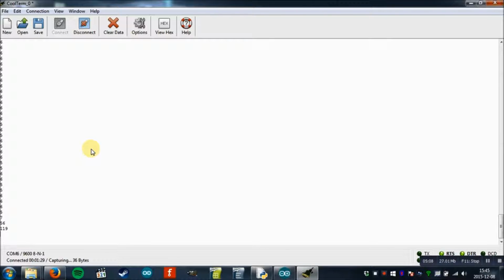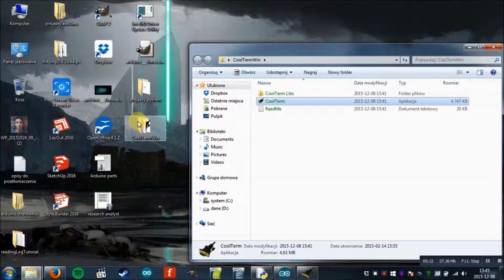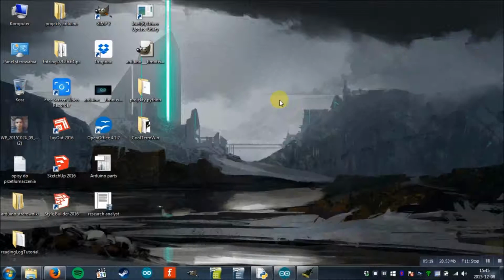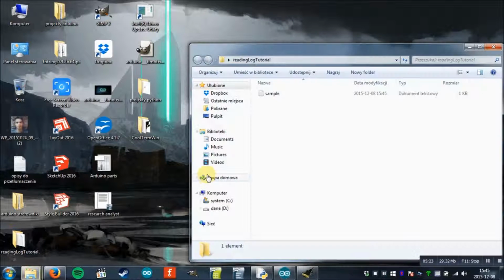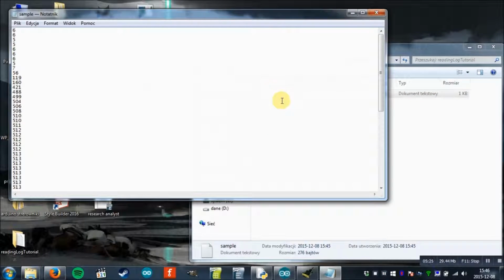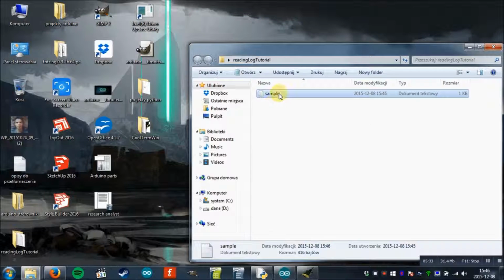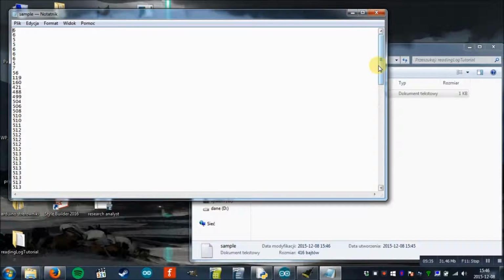And as you can see, it's updated on the fly. Where is that? Here it is. Sample, and the last read is 512. Now I will cover the photoresistor with my hand, and when I open it again, it's 109. So it's updated on the fly,